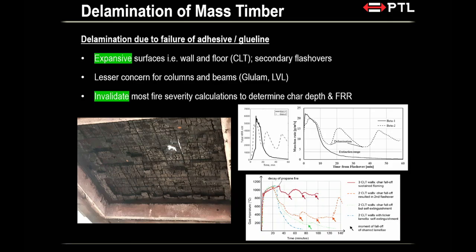So all these arrows here are pointing to when the delamination occurs. The temperature of the compartment is just starting to drop, and then the delamination happens, fire picks up, temperature goes up again. The worst is potentially this particular experiment, which has 2 CLT walls exposed. It looks like it's already going out, and before you know it, it picks up pretty much all the way back up to your 800, 900 degrees Celsius temperature. So this kind of behavior is really unpredictable.